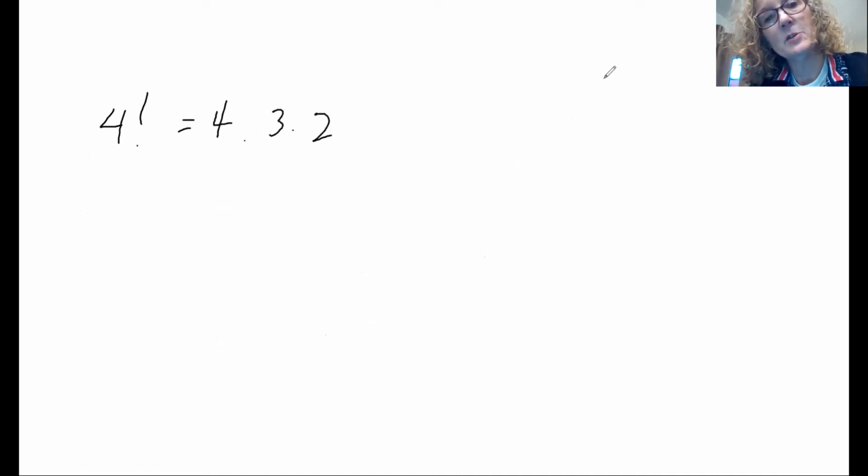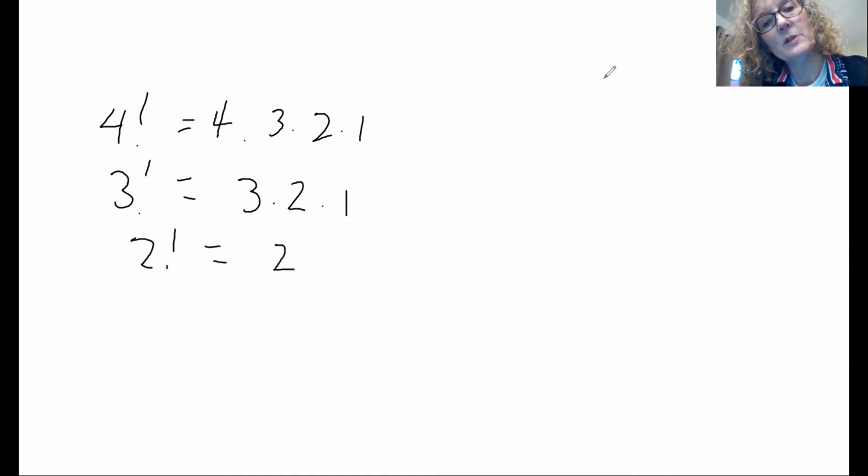Why? I'll show you. If I write 4 factorial, I'm going to try to write small and neat. That's 4 times 3 times 2 times 1. 3 factorial is 3 times 2 times 1. 2 factorial is 2 times 1. 1 factorial is 1. So 0 factorial is,